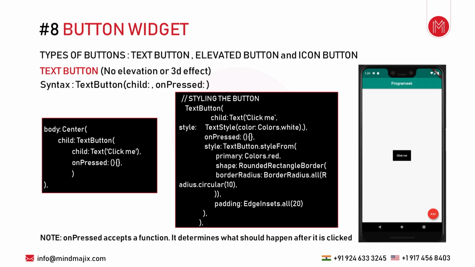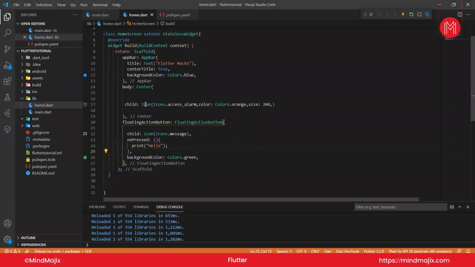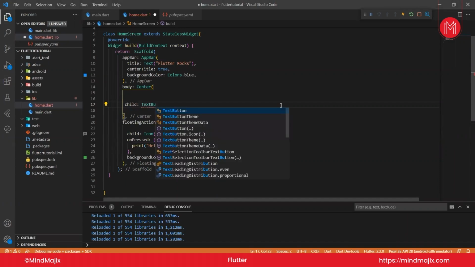So in Flutter, there are three types of button: text button, elevated button, and icon button. Let's understand it one by one. So what is a text button? In this text button, there will be no elevation or 3D effect. Like this. If I just remove the icon here and write text button,